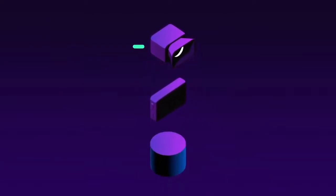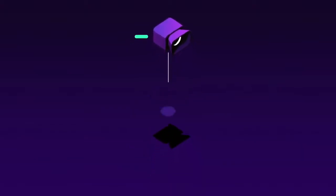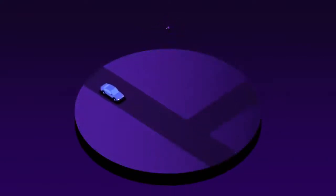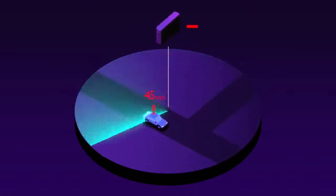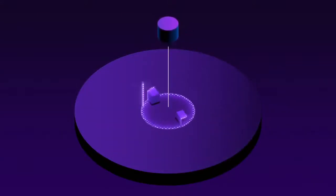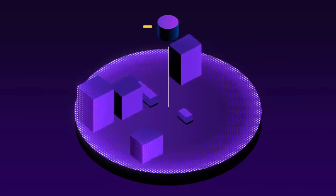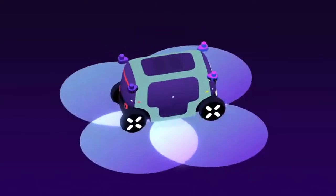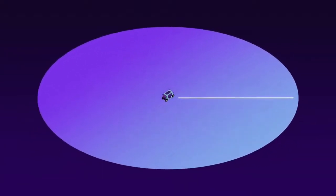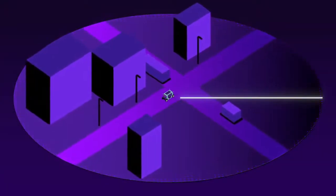But let's talk a bit about the most important thing of the car, which is the LiDAR. The Robotaxi features 6 LiDAR sensors painting a detailed picture of its surroundings up to 500 feet. It's about 150 meters away. So LiDAR stands for light detection and ranging. Basically, it's a remote sensing method that uses light in the form of a pulsed laser to measure ranges. This is a cool feature, but for self-driving cars it's not the best solution. For example, Elon Musk doesn't think it's a good idea, and he said that LiDAR is a crutch for such kind of things. But anyway, LiDAR does the work, and Zoox founders are okay about using this technology,